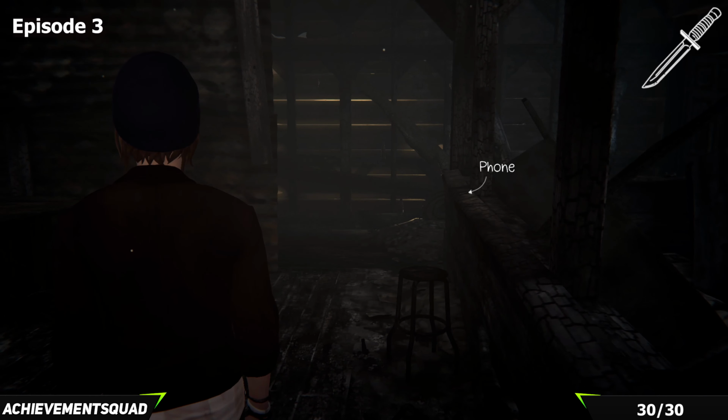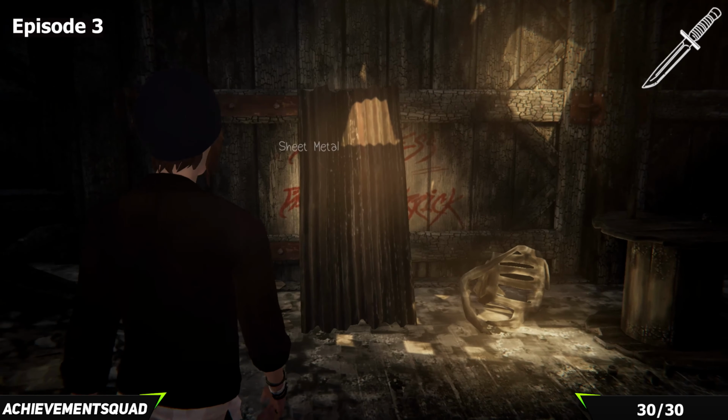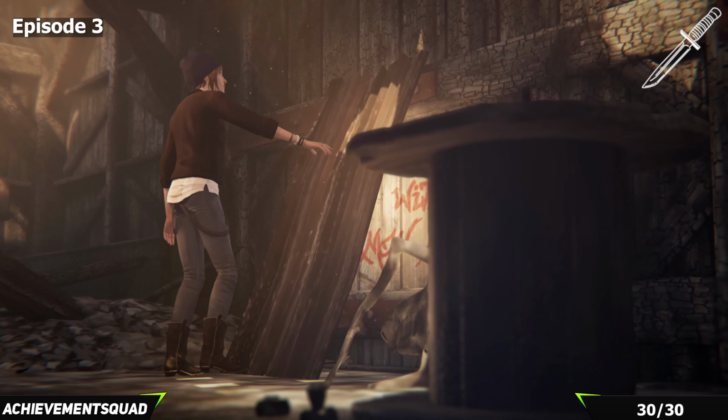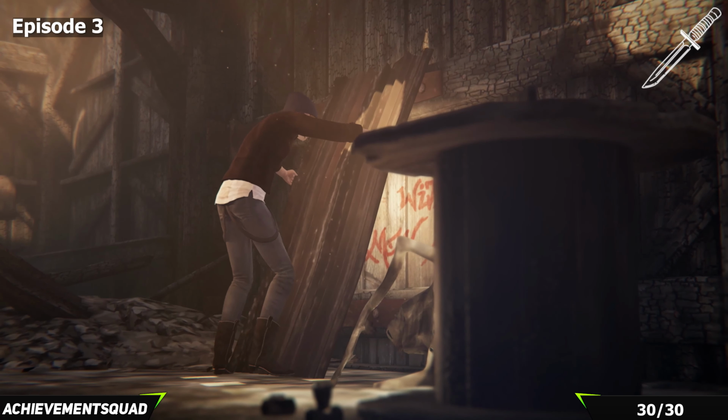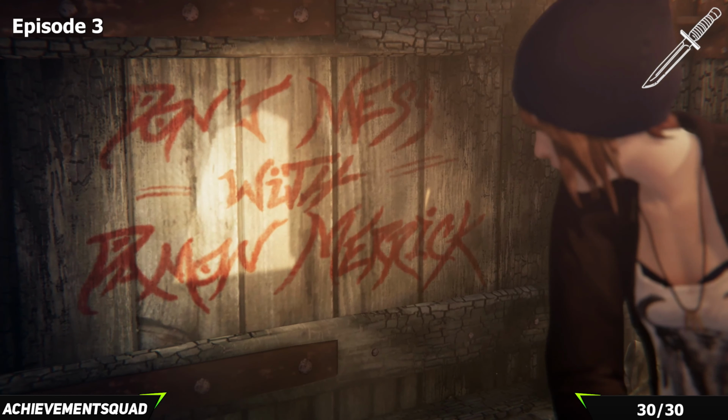Now once you've done that, you want to turn 180 degrees from the way you're facing, and you're going to see behind you there is a sheet of metal propped up on the wall. Move that out of the way, and then you'll want to use the knife on the graffiti behind the sheet. You're actually going to deface it as opposed to graffiti this time. So that is all